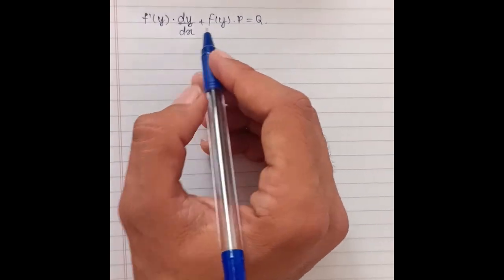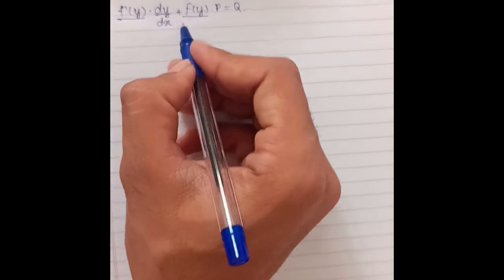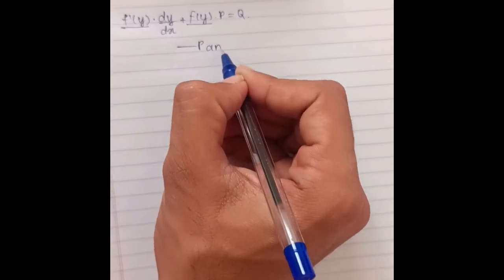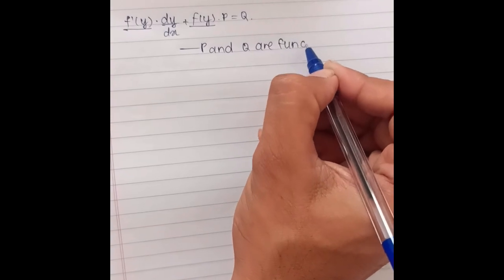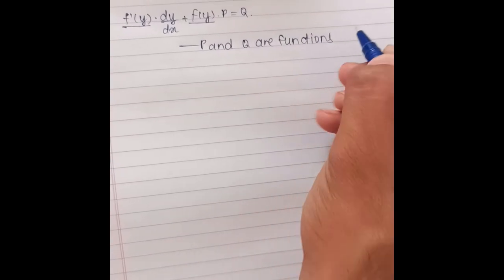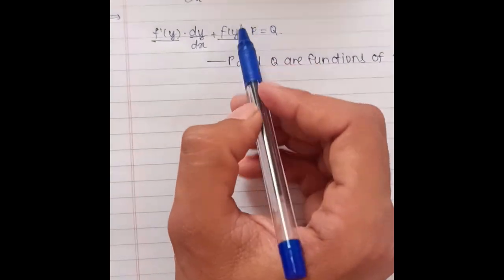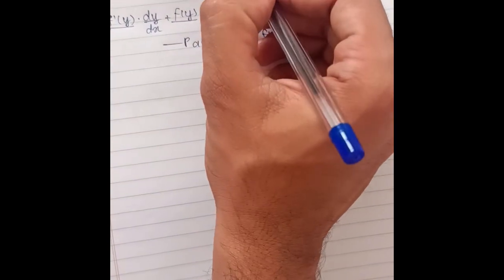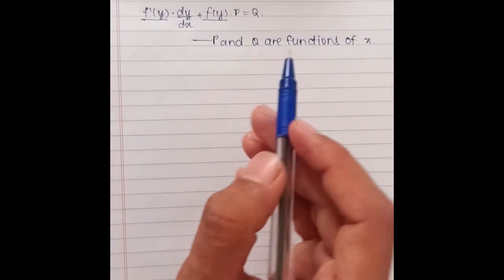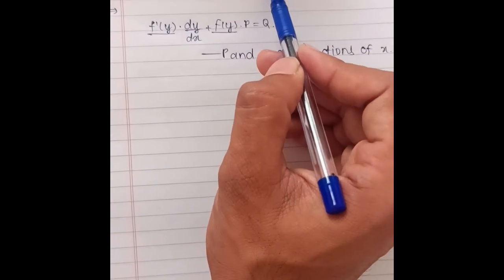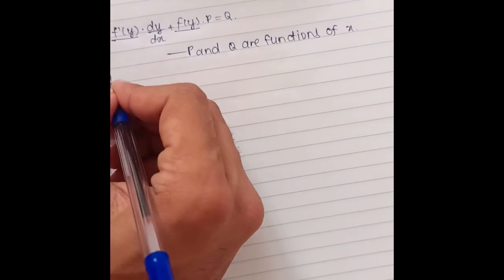In this case, f dash of y and f of y are functions of y only, and p and q are functions of x only. By comparing this to the above equation, we can see that there is a cos square y term on the right hand side, which must not be there, because only terms consisting of x are required. So we will divide the equation